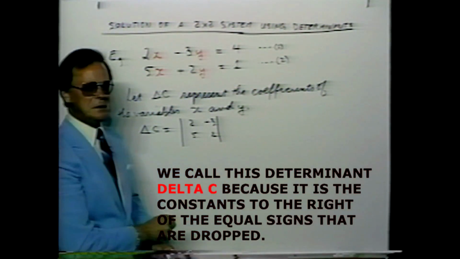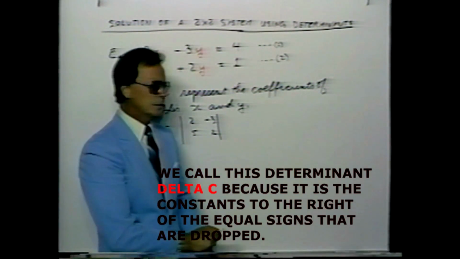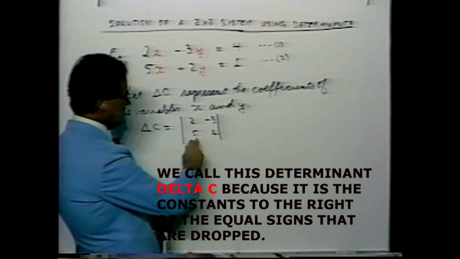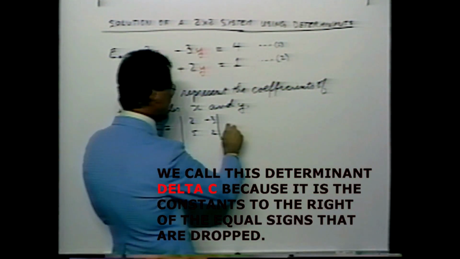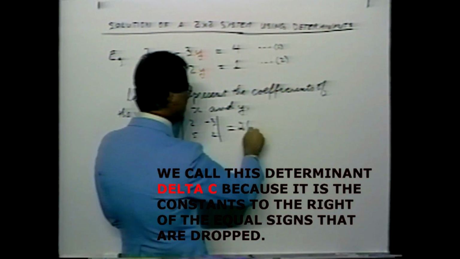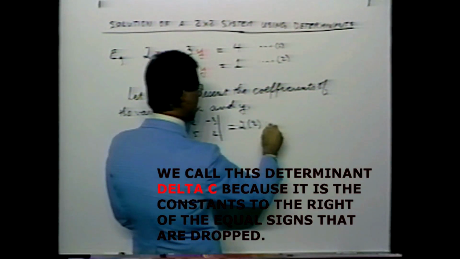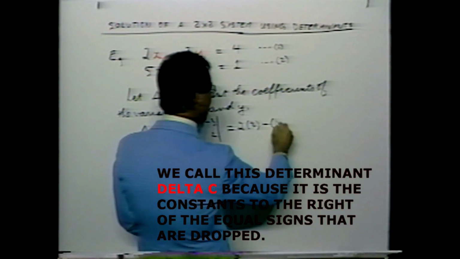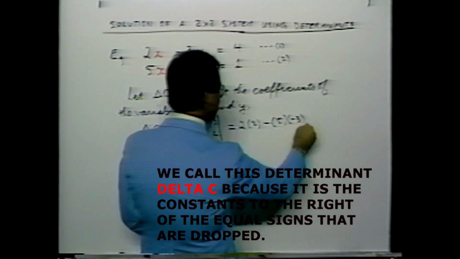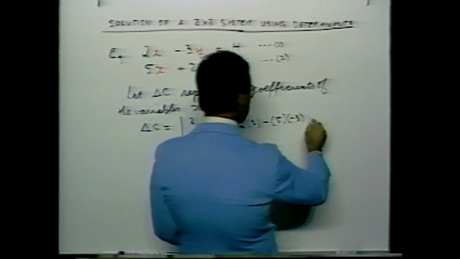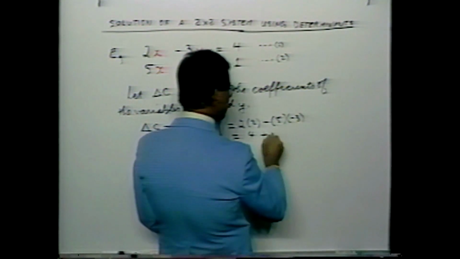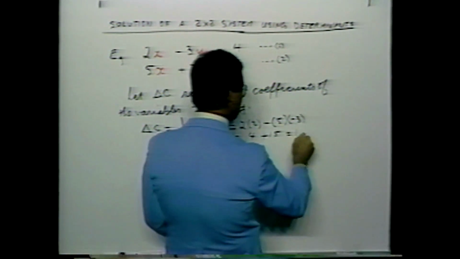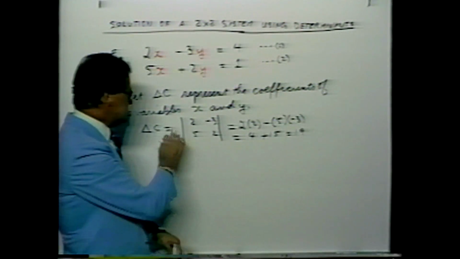Now we know that this has a value. This is therefore a determinant. Now it has a value. Its value is 2 multiplied by 2, subtract 5 multiplied by minus 3. Completing the solution, the answer is 4 plus 15 for a total of 19. From delta C,